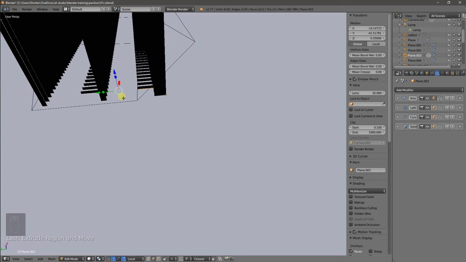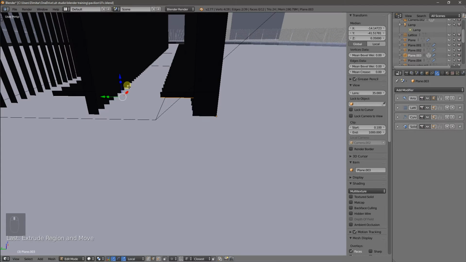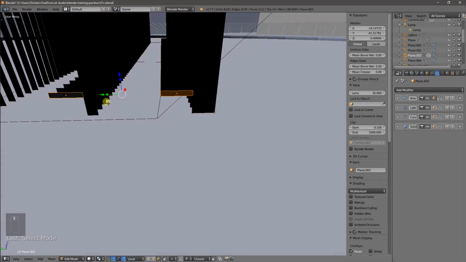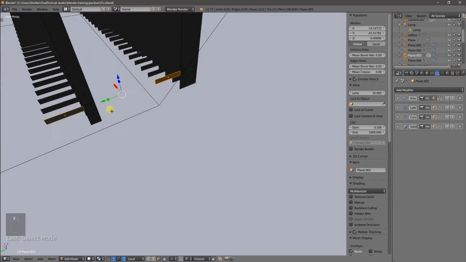So now we have our benches, and now what we'll do is let's go to face select by hitting Control Tab. Select this face and select that face,